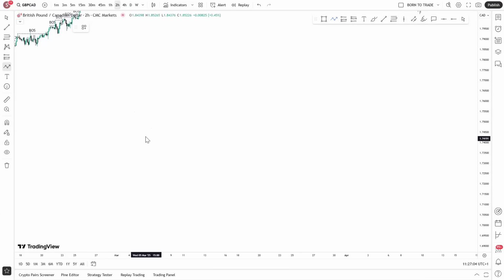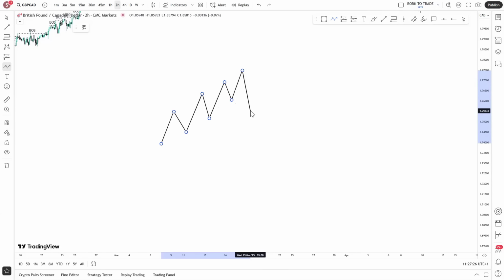So let me show you what multi-time frame structure means and how we can make use of those internal structures, because sometimes I take trades based on what price is doing in the internal structure. So at this particular point, let's say this is what price is doing on the 2 hours time frame. You see, this is the 2 hours time frame, and what are we seeing? Price is trending. We had a shift, right? So after the shift, price